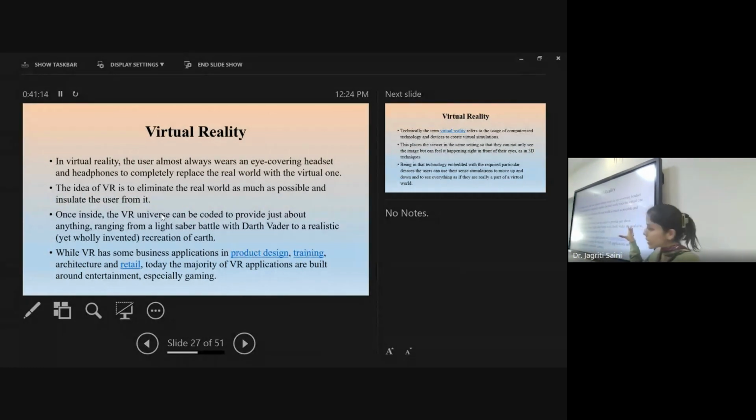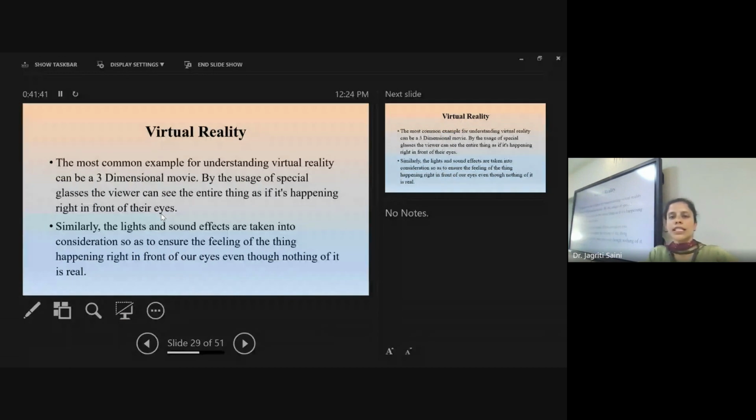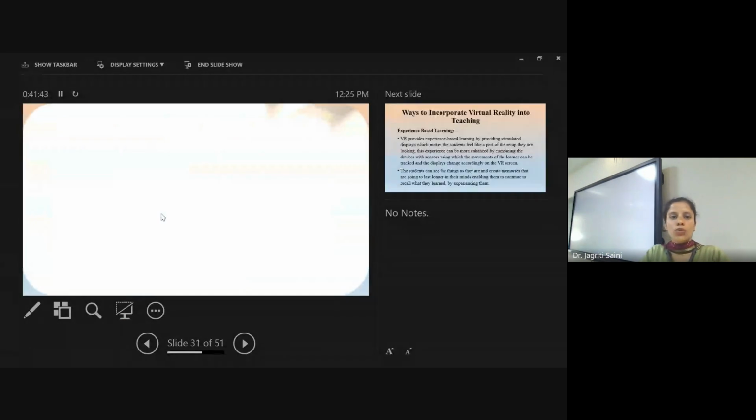But at present, these technologies are helping in this case also. If the students have the headset, we can give them an experience to enter into a laboratory setting that is designed with the application. I'll show one example of that also. And they can handle different equipment out there. They can work in the laboratory setting even while sitting at their home. This just requires the hardware as well as the application in their hand, and accordingly they can work. For instance, if I just add one video over here,